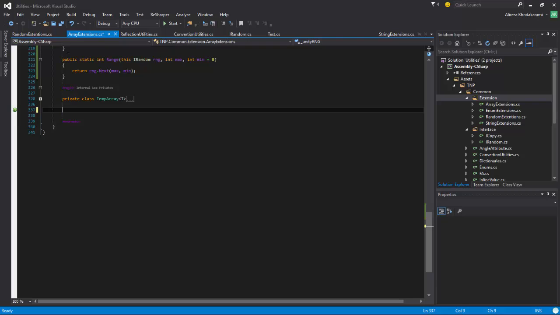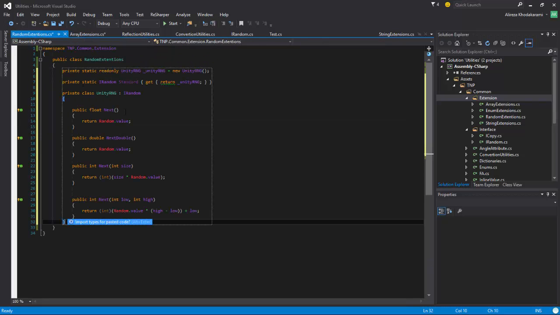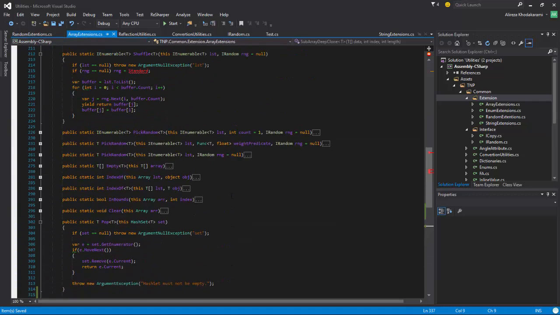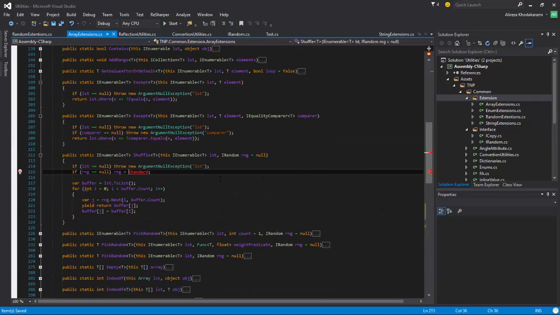It shouldn't sit here. And random now asks for what it is and it's Unity Engine. Cool. Now from here I will have errors because now I should say random extensions dot, and I forgot that